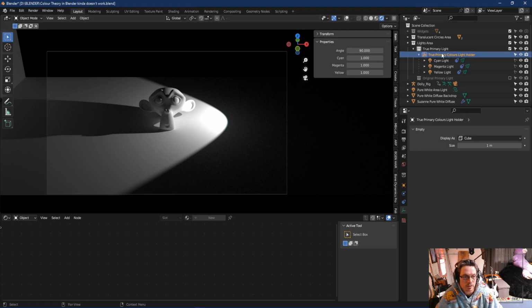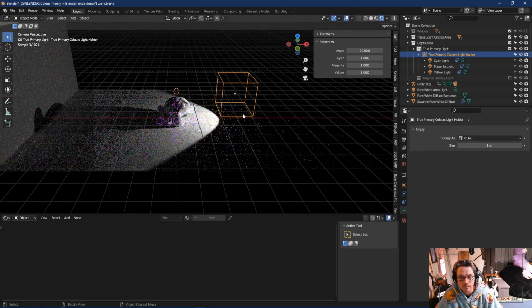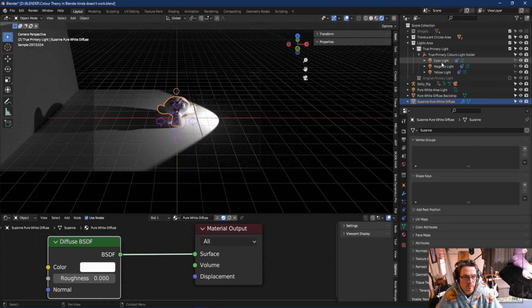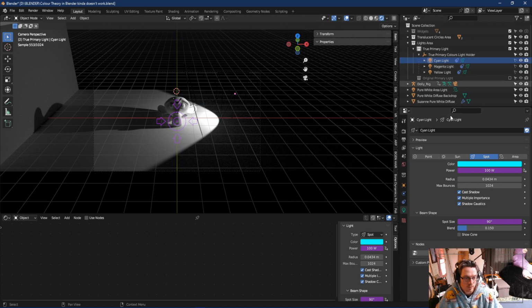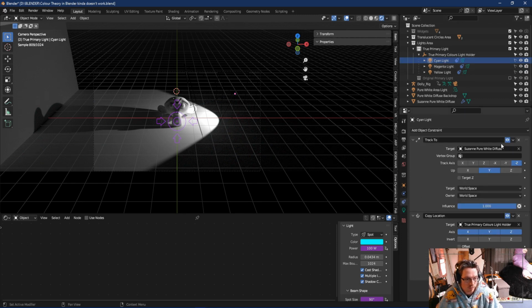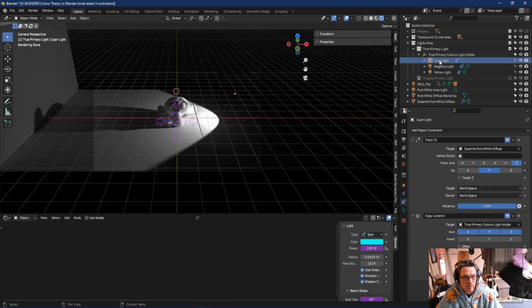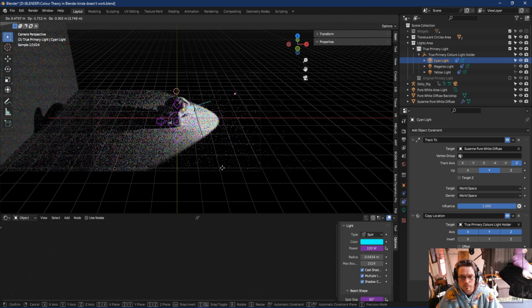I'll probably end up using these little light holder doofers. So each one of the lights, you don't have to, but I've got constraints tracking it to the subject. This is the important one, the copy location. Also something funny with copy location, I can click on one of them. If you move, oh, I can't select it, there we go. If you move one,